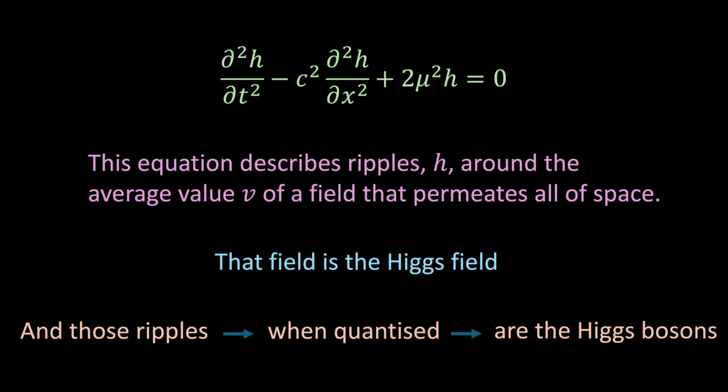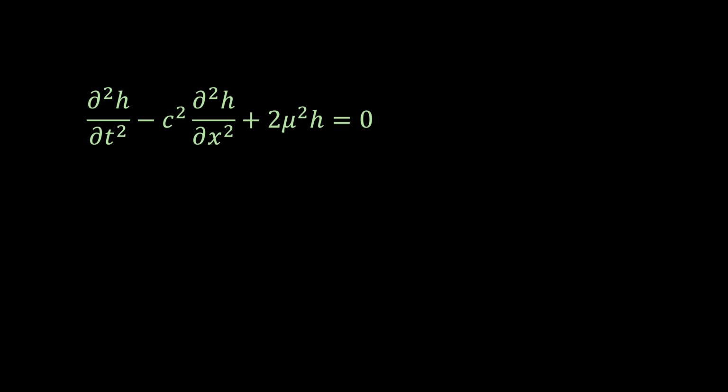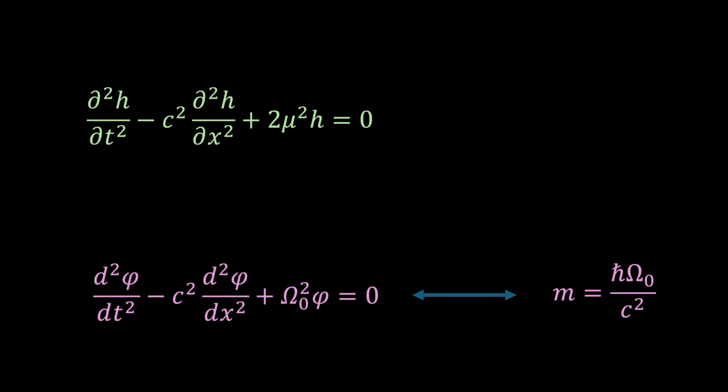After all the algebra, after all the abstraction, we've arrived at the real physics. The Higgs boson is nothing more and nothing less than a quantum of vibration of the Higgs field, a field that permeates all space with a non-zero average value. And notice something striking. This equation has exactly the same form as the modified wave equation we studied earlier. The parallel is exact, which means we can now simply read off the mass in precisely the same way. And when we do, we see that the quanta of the Higgs field, the Higgs bosons themselves, have a mass given by the following expression.